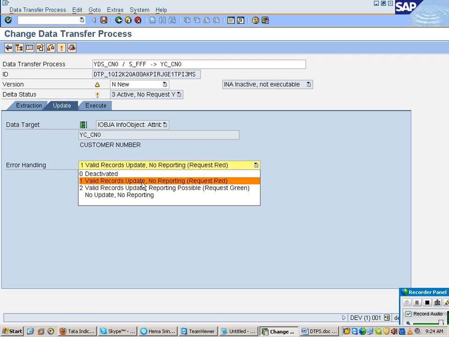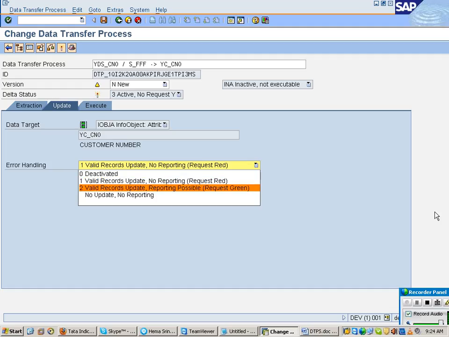No reporting. That means even though 2 records are updated into the target, you can't use this data for reporting purpose. What is the request? Red. That means valid records are going to the target, but your load is taken as failed. So you have to rectify the error until that 1 record is also updated into the target. I can't use that particular data for reporting purpose. What is the other option?